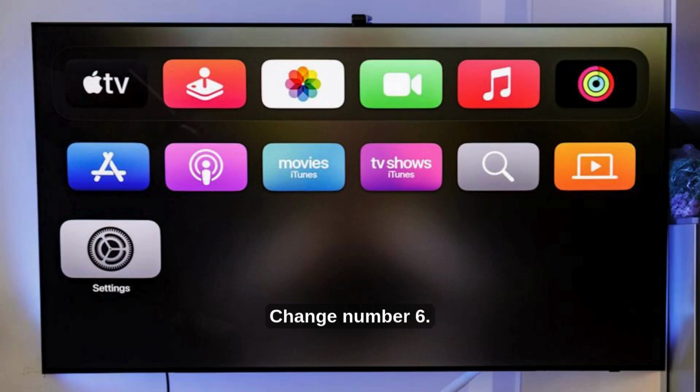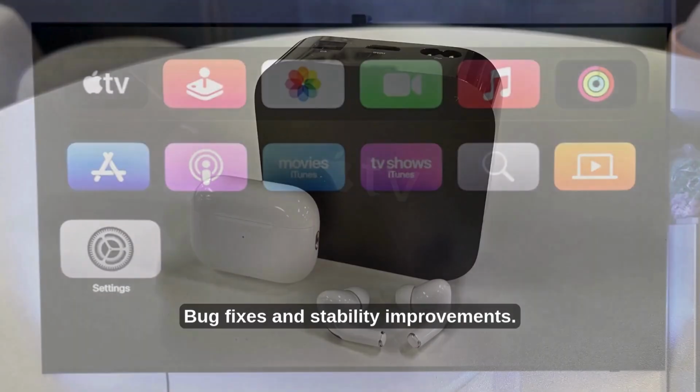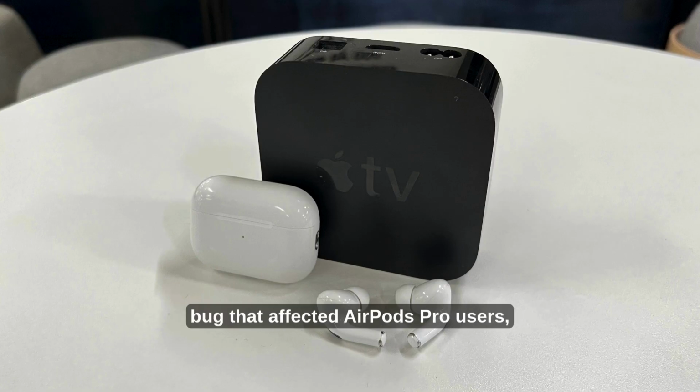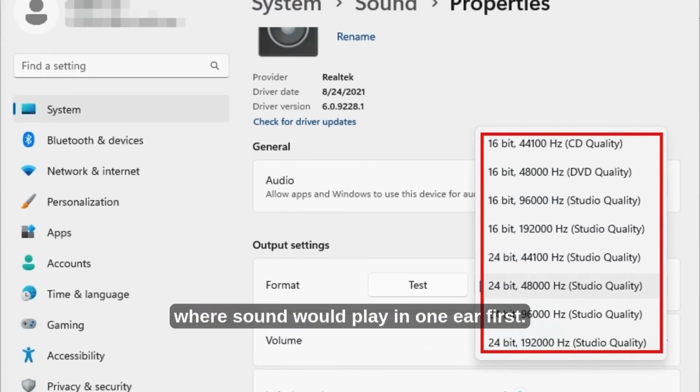Change number 6. Bug fixes and stability improvements. This update fixes an annoying AirPods audio delay bug that affected AirPods Pro users, where sound would play in one ear first. Profile selection on wake is also fixed, and overall system stability feels better than the original tvOS 26.0